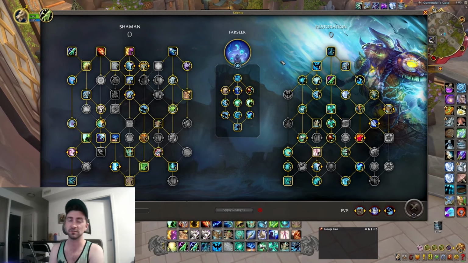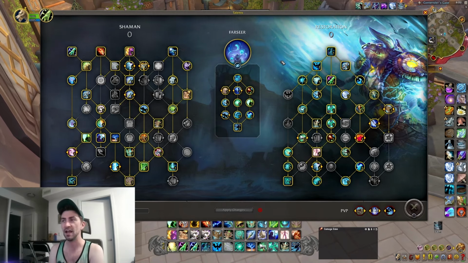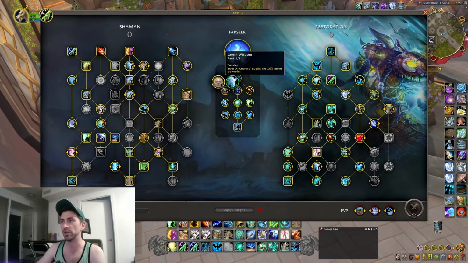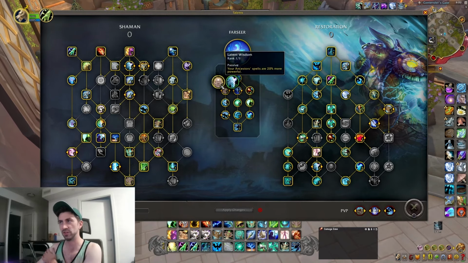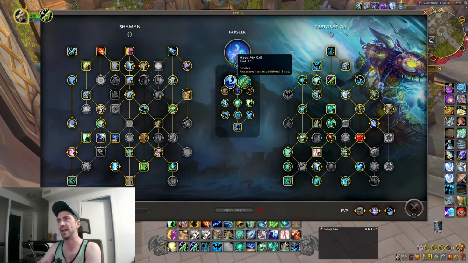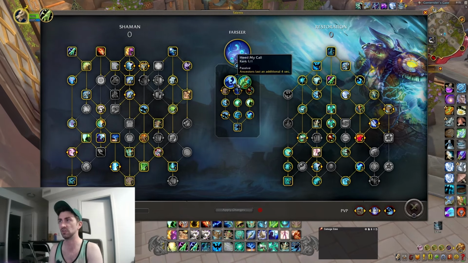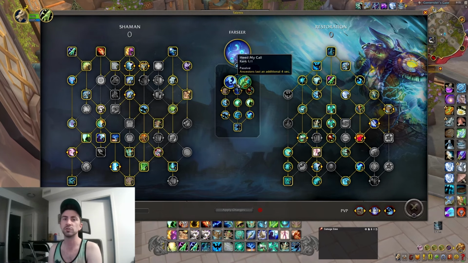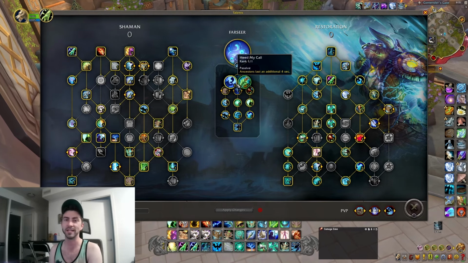But it's also just as likely that you're not going to have the ancestors up when you need them, and then you're not going to be able to meet that damage check at all, right? So you want to be able to know what you're going to be doing, and Latent Wisdom, which makes your ancestor spells more powerful all the time, and Heed My Call, which makes your ancestors last an additional 4 seconds all the time. Those are talents you can depend on,